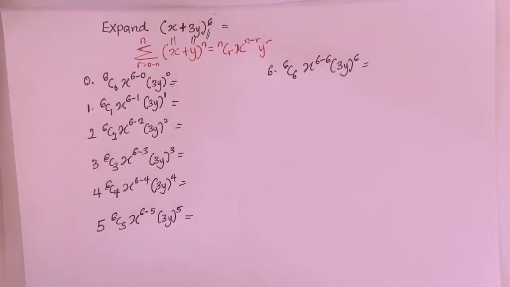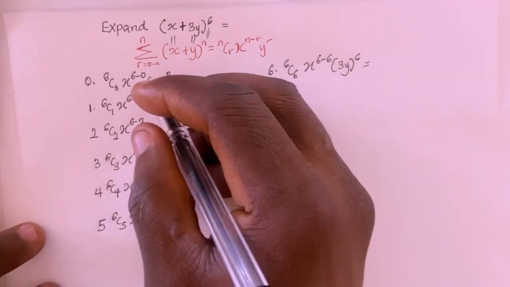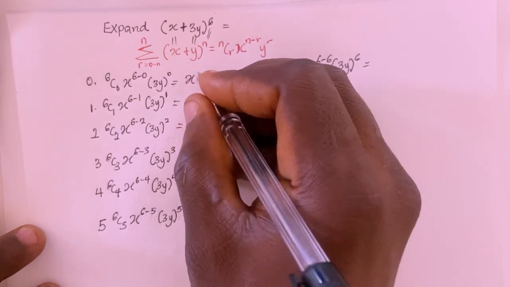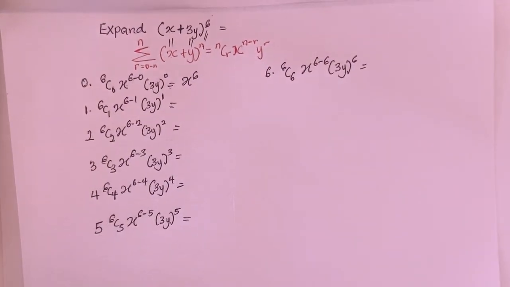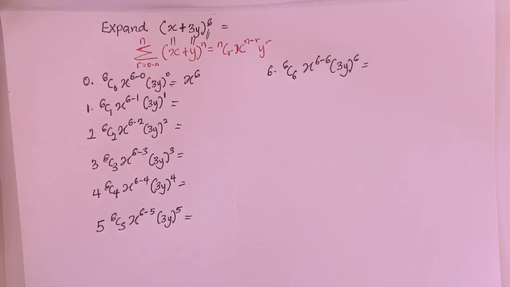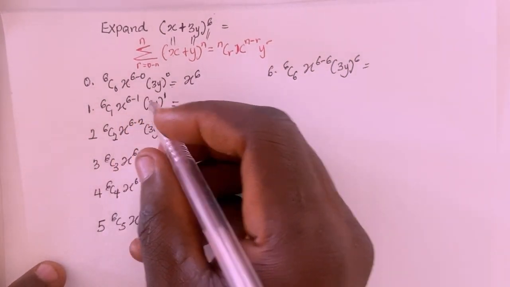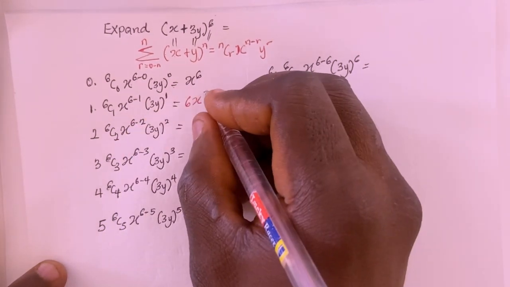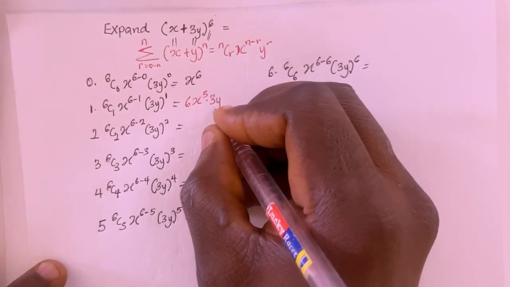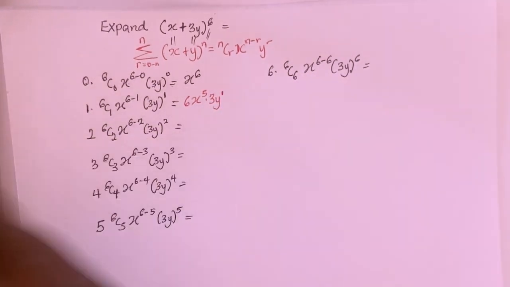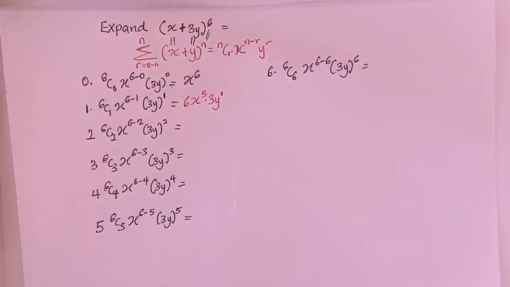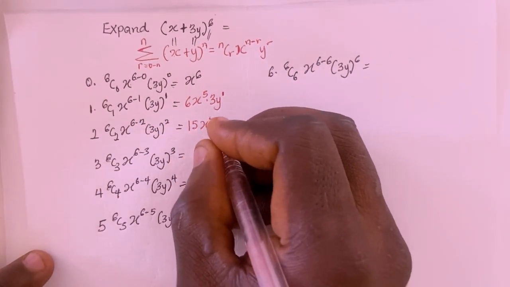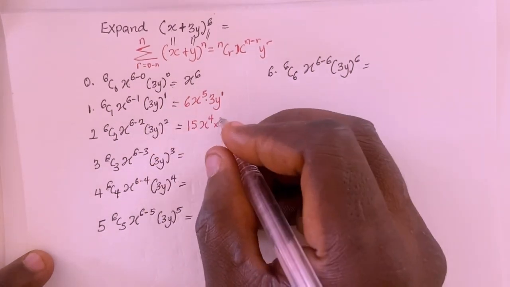6 combination 0 is actually 1, x to the power of 6 minus 0 is x to the power of 6, and 3y to the power 0 is 1, so I have x to the power of 6. For the second, 6 combination 1 is 6, x to the power 5, multiplied by 3y to the power of 1. Then 6 combination 2 is 15, x to the power of 4, multiplied by 3 squared,